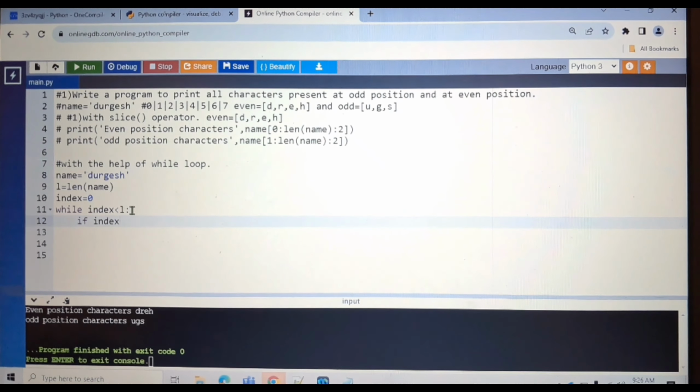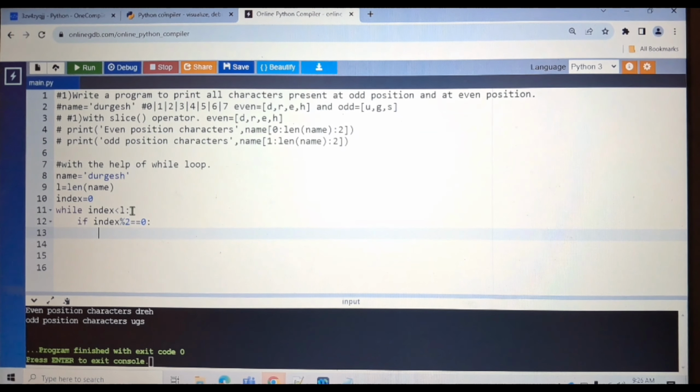So if that index mod 2 equals 0, it means that is an even position or even index. So if it is the even index or even position, at that time I want to print that particular character